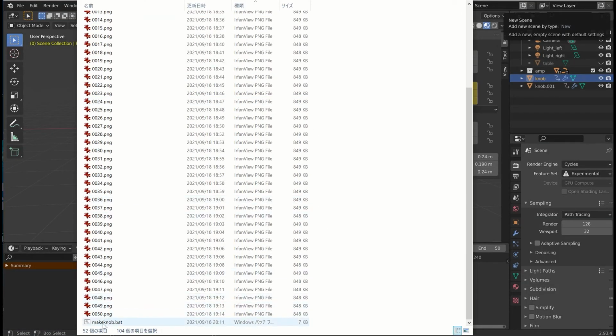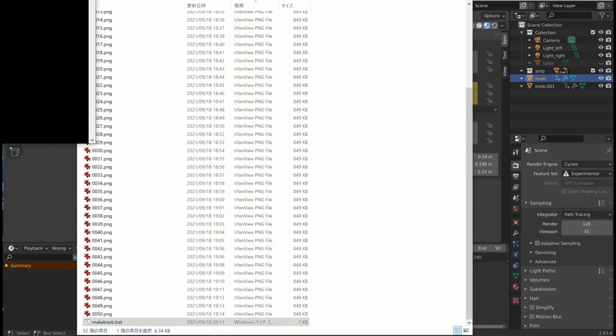Run the batch file, and it will generate merged animation images.